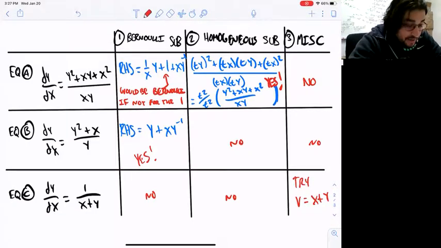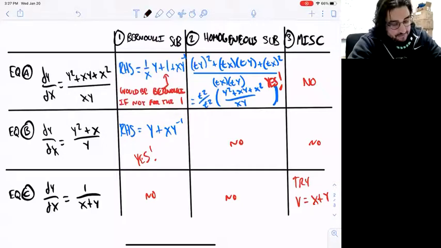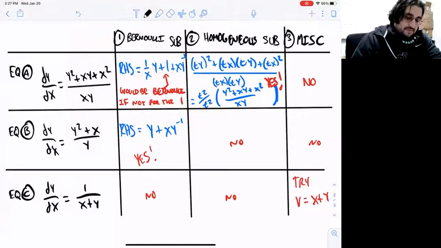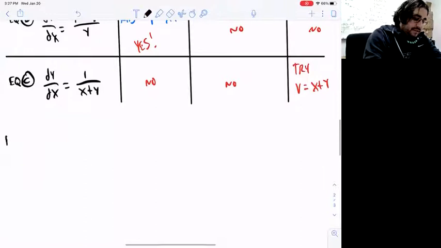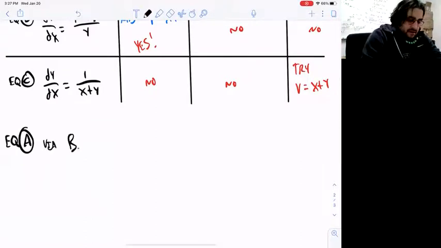All right. So now I want to show each of these, how you implement them, right? So let's do each of these. So let's solve equation A via Bernoulli sub,